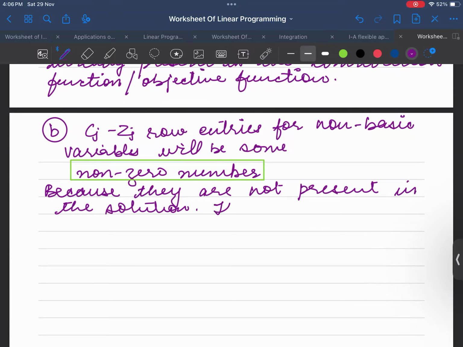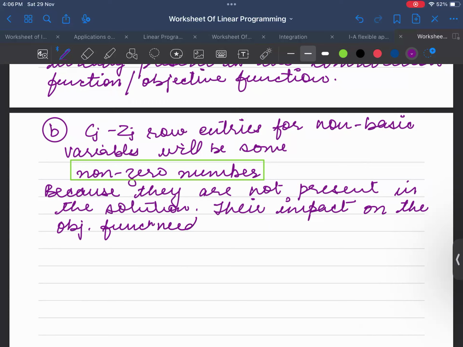If they are not present in the solution, it means their impact on the objective function needs to be studied. हमें पता होना जरूरी है, इनका स्टडी करना है कि क्या है इनका कंट्रीब्यूशन, क्योंकि ऑलरेडी सोल्यूशन में नहीं है, but we need to study it for the improvement,